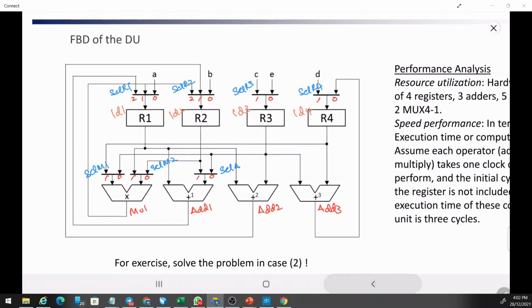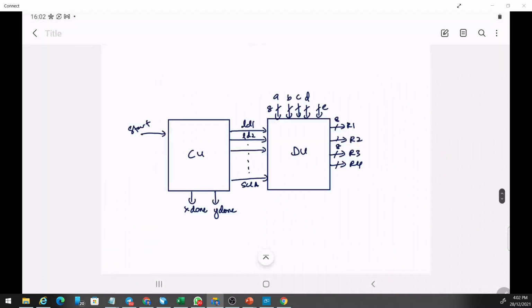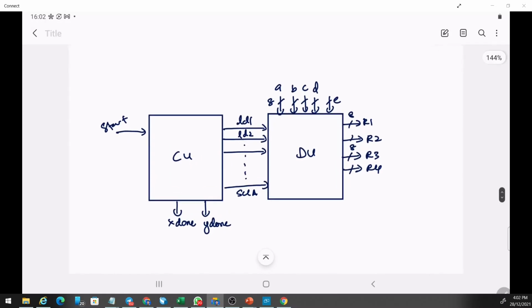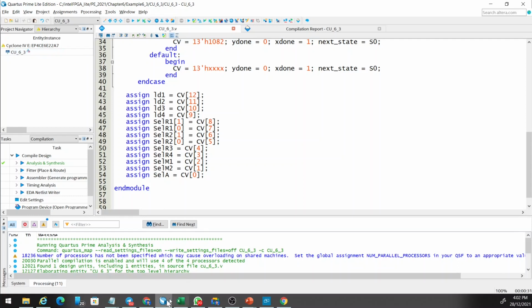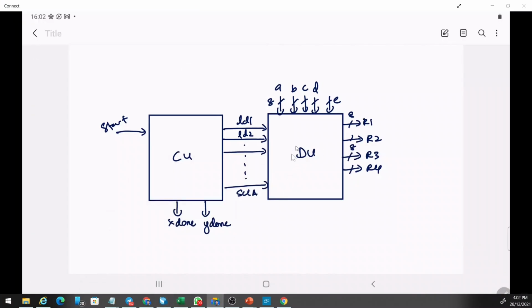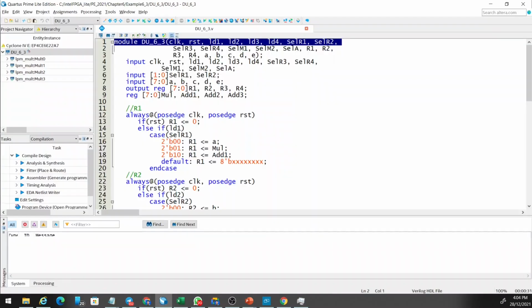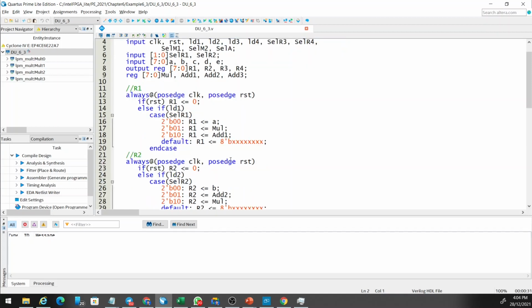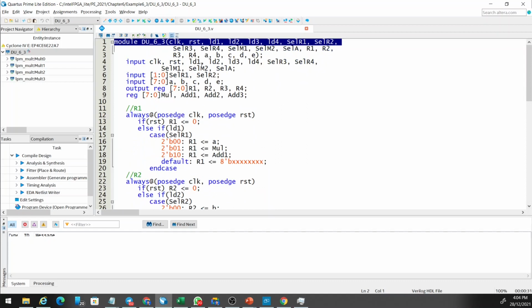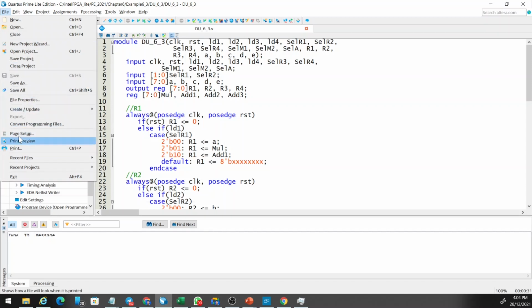So again, what we want to do is this. We need to create the Verilog code to describe this. But first we need to look at our DU, because I think last week we don't have this yet, so we need to add this. Oh, we have already. We have output R1, R2, R3, R4. So this is okay. Now we can create this